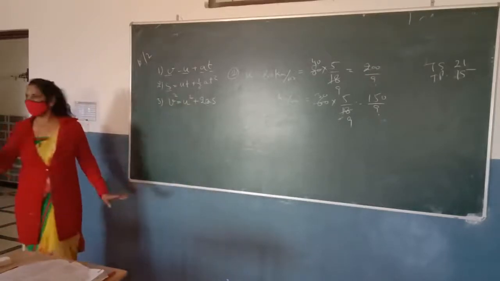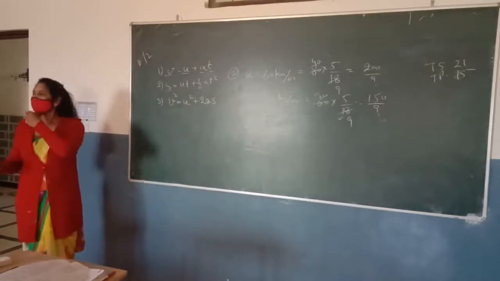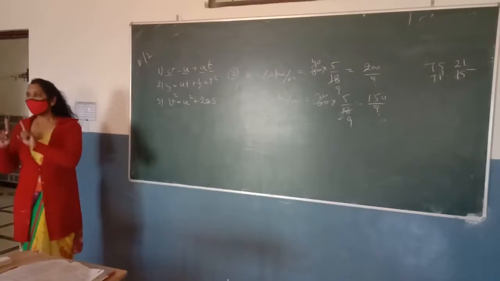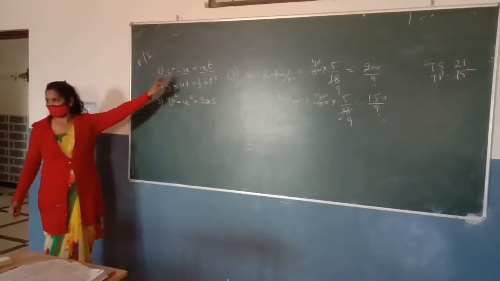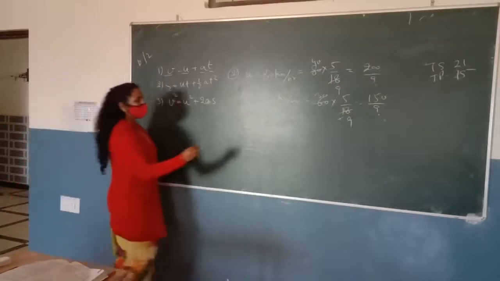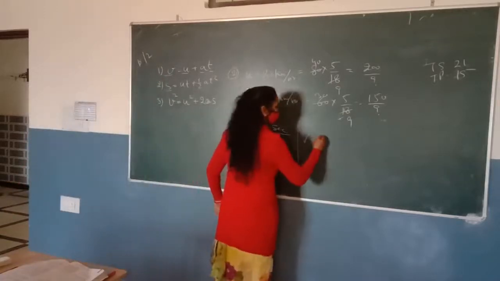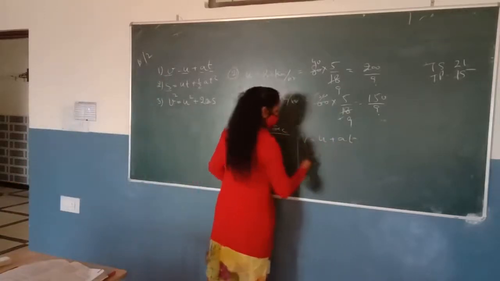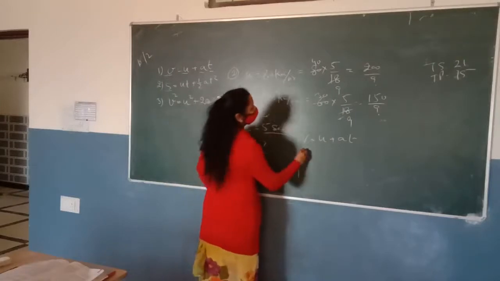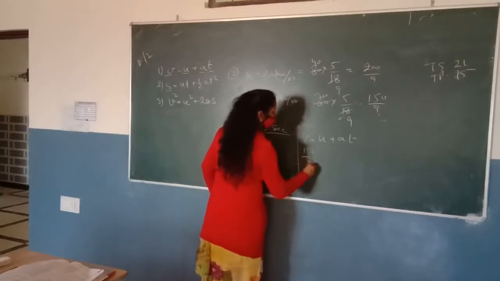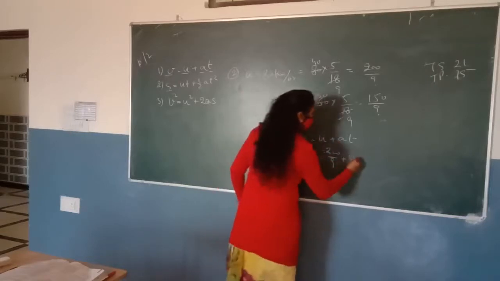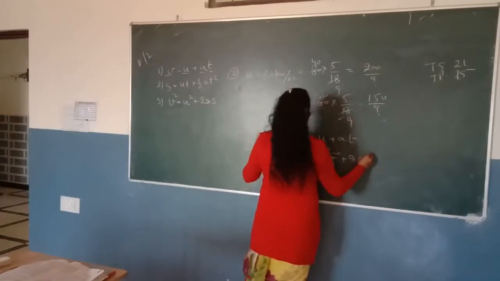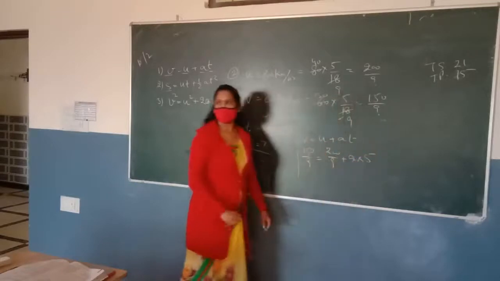This is the formula for the acceleration. This is not incorrect. This is correct. But you can use the equation of motion. This first equation solves this question. So v is equal to u plus at. Now what is the value of v here? 150 upon 9 is equal to u, which is 200 upon 9, plus a multiplied by the time, which is 5. So we can calculate it.